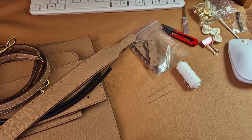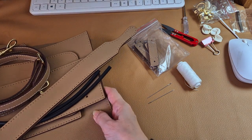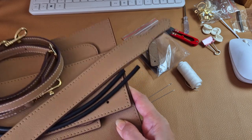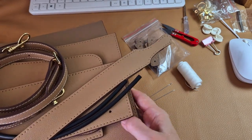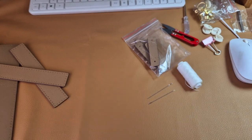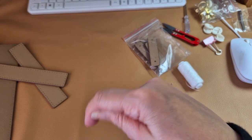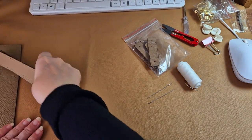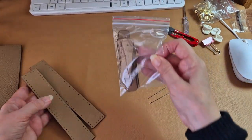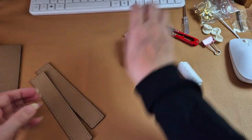So what I'm going to do is put the pieces away. I've had a little look at the video, and the pieces that I'm not going to use right away, I'm going to put underneath my desk on the shelf. I've got a shelf under here and I'm going to put these pieces there out of the way. Now in the video I saw that it was using some of these pieces,